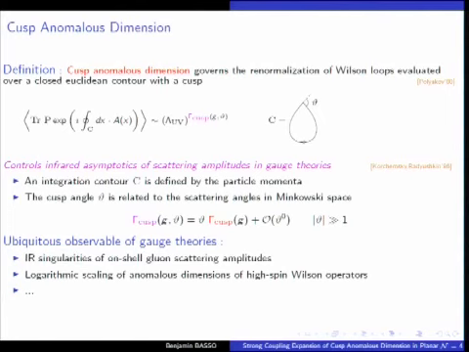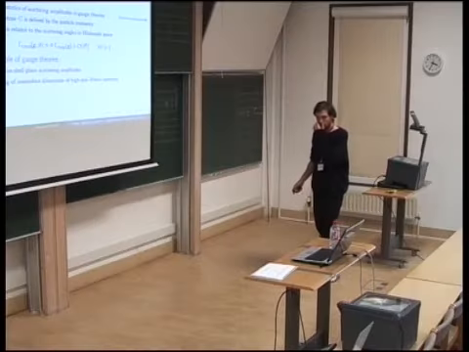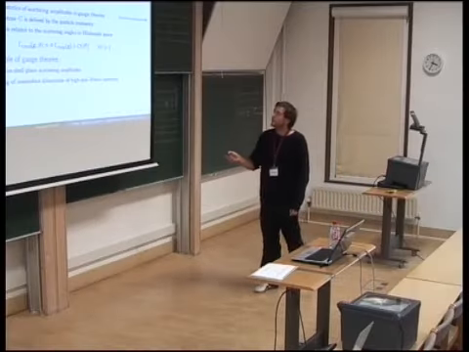An important property of the Cusp anomalous dimension is that it controls the infrared asymptotics of scattering amplitudes in generic gauge theories, and